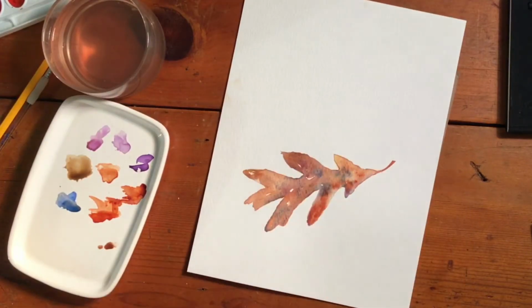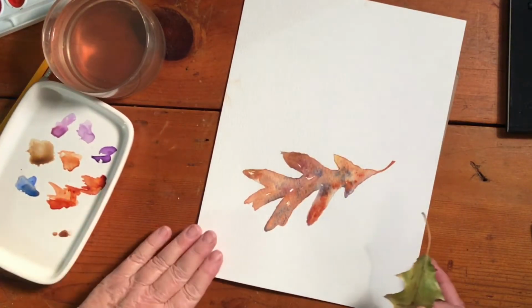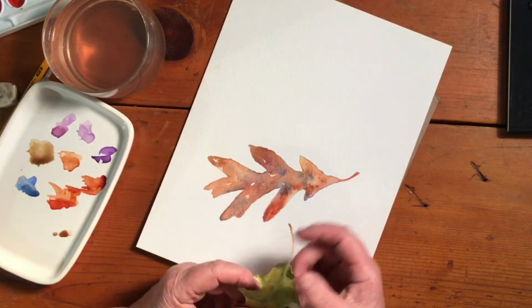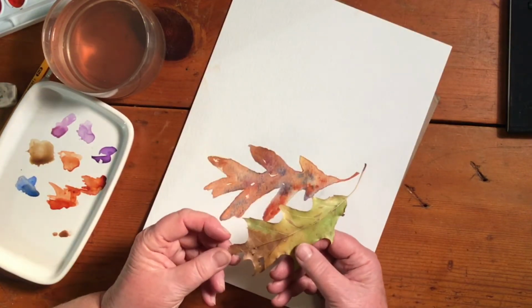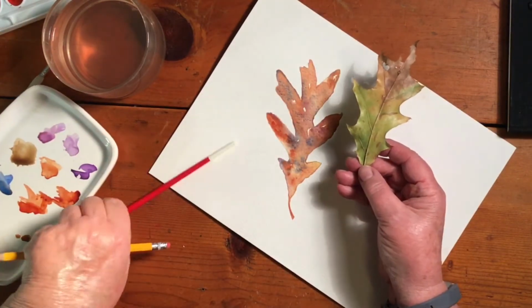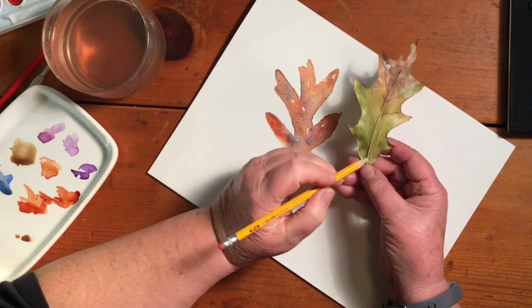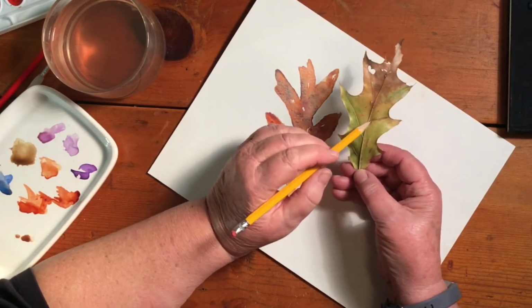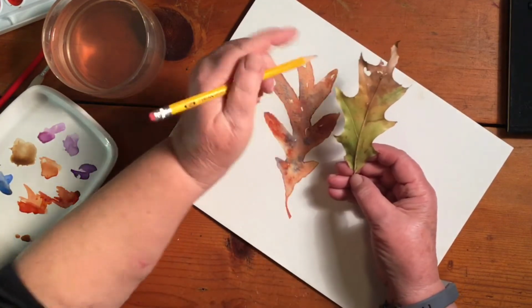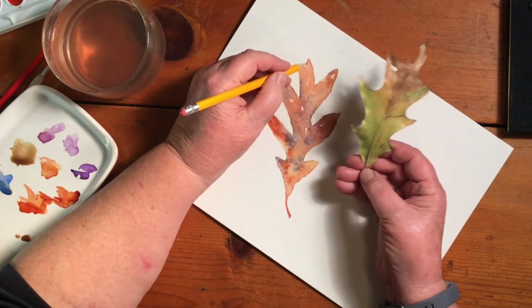Okay, this is how my painting has dried, the first part. And you notice how dull everything is now? What you want to do now is look at the vein work on the back or in the front. Sometimes the veins work exactly across from each other. These are not quite across from each other. Do you see that? So the center line